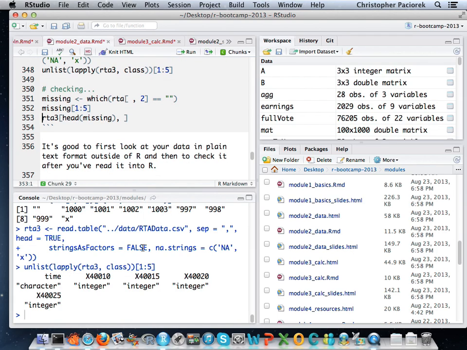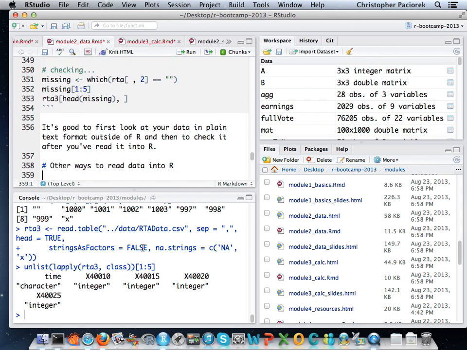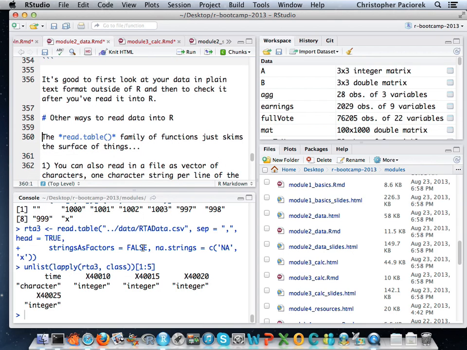And if I were reading this in for real, I would then want to do some checking and make sure that the X's got converted to NAs, see what happened to those strings that were empty and whether those got converted to NAs, and do the bookkeeping to make sure that everything seems to have been read in appropriately. This is also a good point to say that perhaps before doing all of this in R and going back and forth, I might have been able to scan through the data as a flat text file and gotten a sense for what was going on, and maybe I could have avoided some of those steps.